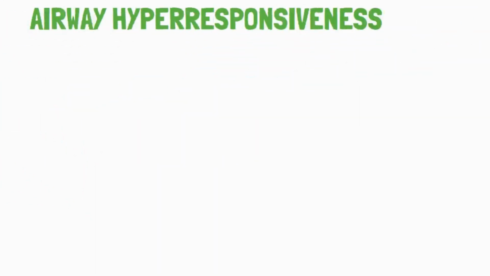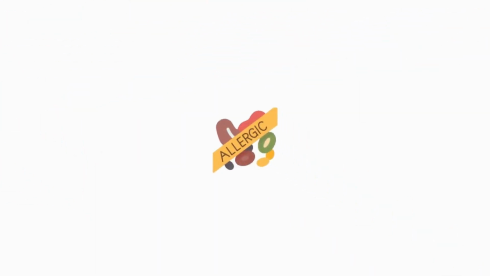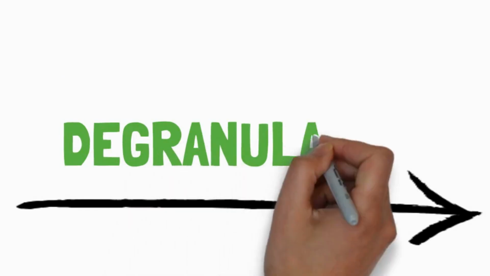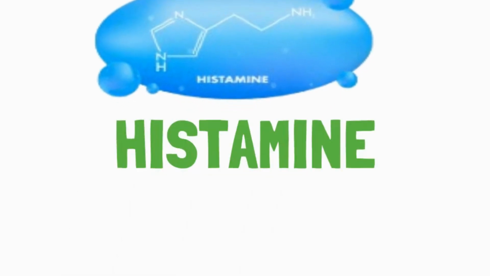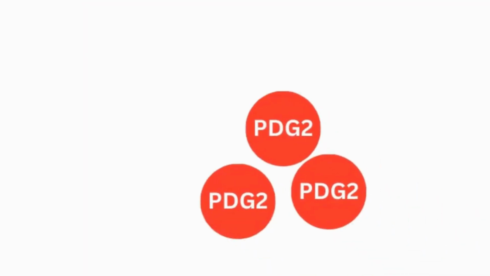There's also the re-exposure stage, and that's the asthma attack. So upon re-exposure, the allergen cross-links to the IgE on mast cells and leads to mast cell degranulation. So mast cells release histamine, and this leads to bronchoconstriction. Leukotrienes also increase vascular permeability and bronchoconstriction. Prostaglandins, specifically prostaglandin D2, augment the inflammation.